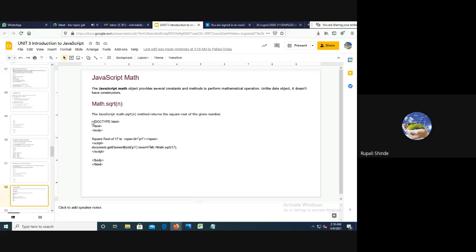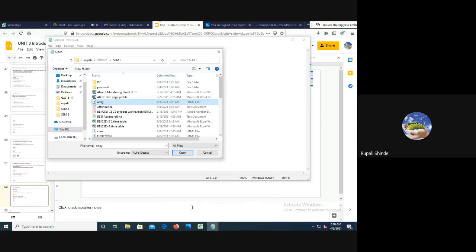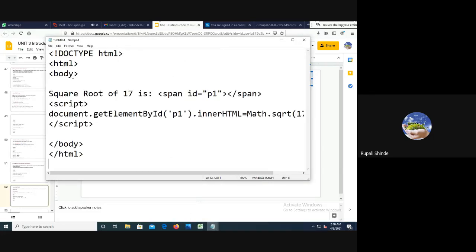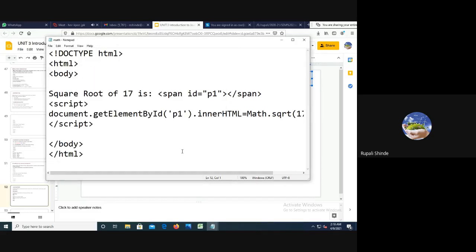First, we have to try the Math.sqrt function.